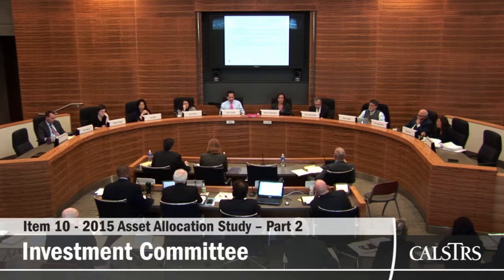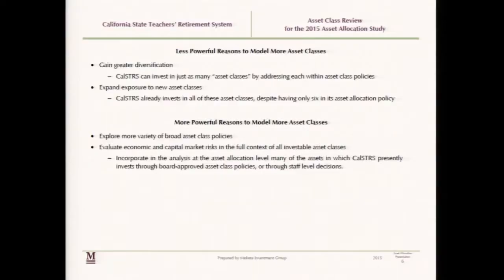On page 6, I just wanted to highlight what you've already talked about a few times, that modeling more asset classes doesn't necessarily mean you end up with a better portfolio than managing fewer asset classes. And just by way of example, Makita tends to be a supporter of higher emerging market equity allocations than you have today. In the asset allocation process that we're doing, we'll highlight the advantages and risks of that. But if we were to model global equity and not its components at this level, we'd still be equal advocates at the equity asset class level.